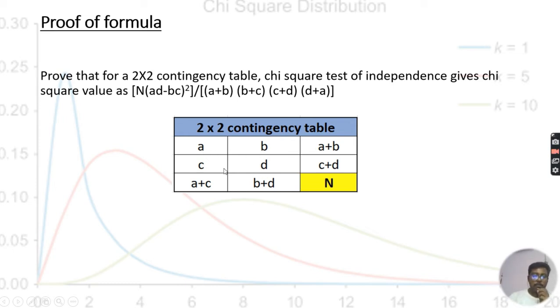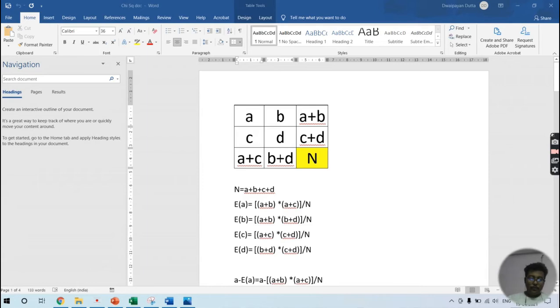Okay. Now coming to the proof here. As I have told you, this summation part I have discussed previously, here N is equal to A plus B plus C plus D, and this has also been discussed. Now coming to the expected value. See friends, I have already explained this expected value part in my previous session. If you haven't gone through it, I request all of you to go through it. You will have a better understanding of this.